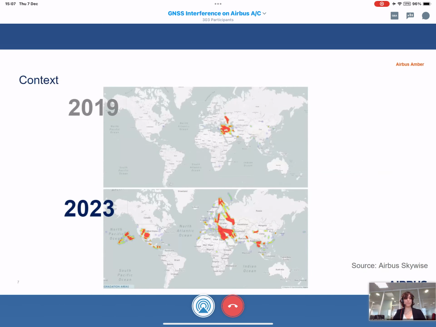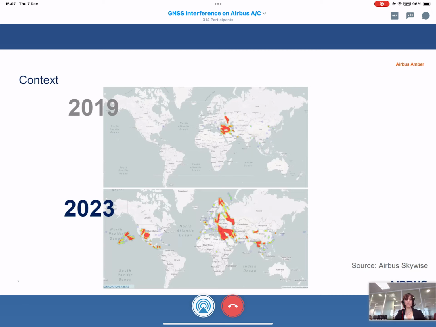As mentioned before, GNSS interference is increasing over the years. 2022 and 2023 show a further increase of the threat, mainly due to the geopolitical context, mainly in geographical areas surrounding conflict zones. An even further increase has been observed since September 2023, with increasing reports in which spoofing is suspected.